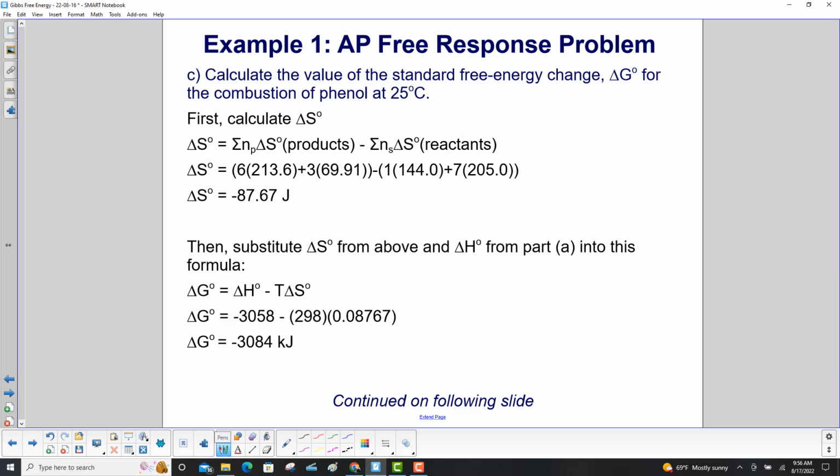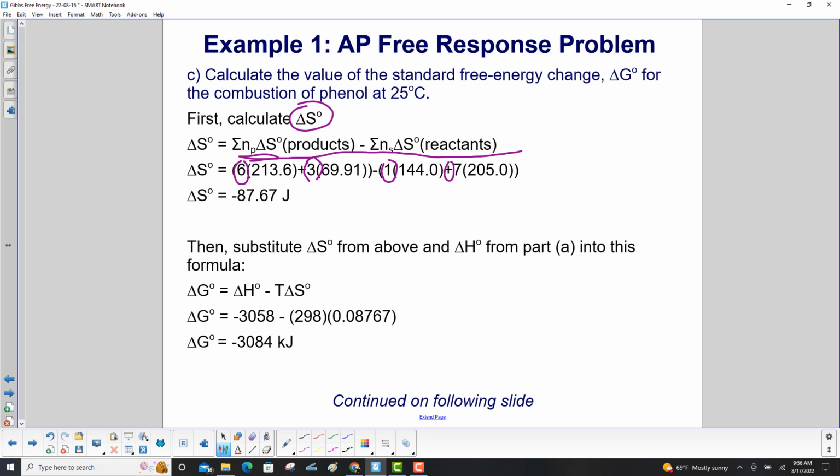Calculate the value of the standard free energy change for the combustion. First, calculate delta S naught. We use a similar equation to what we did for the heats of formation. And these terms here, those are the coefficients in the balanced reaction. We looked up their delta S naught in the chart we were provided, and we get delta S naught is